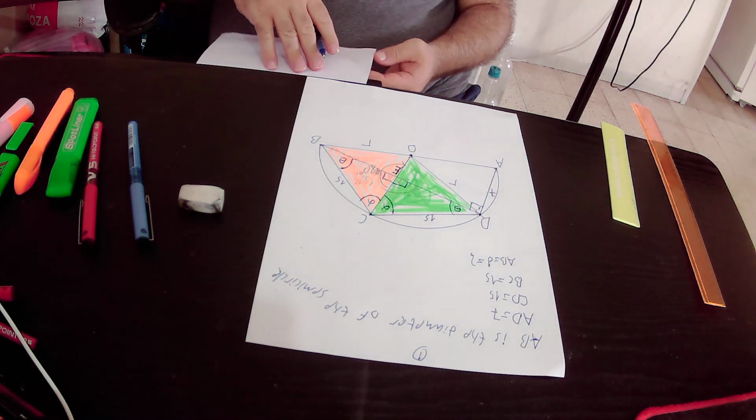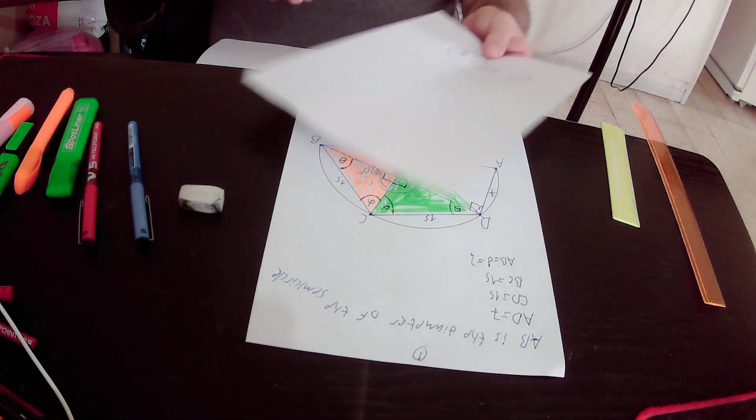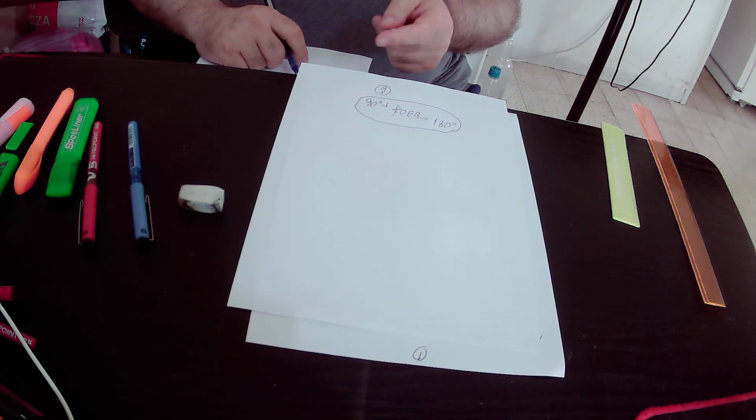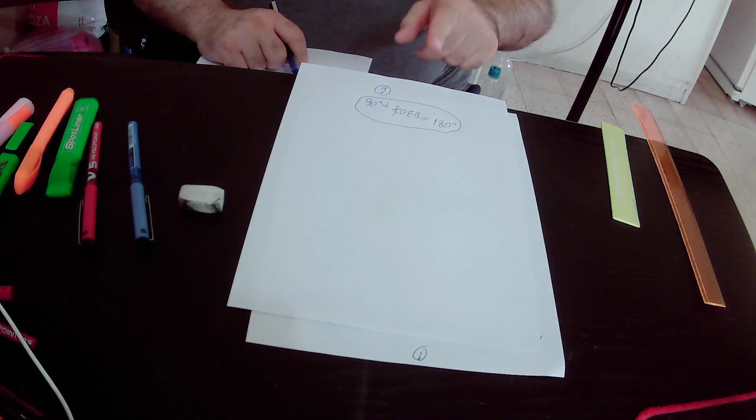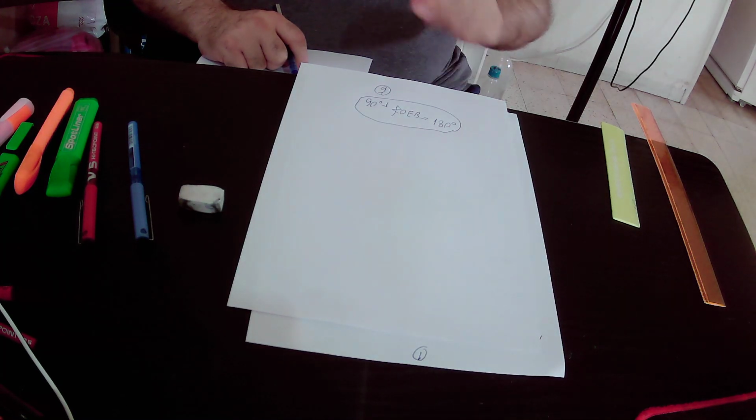Okay, according to rule number 4, 90 degrees plus angle OEB equals to 180 degrees,